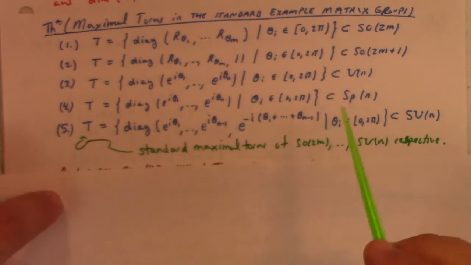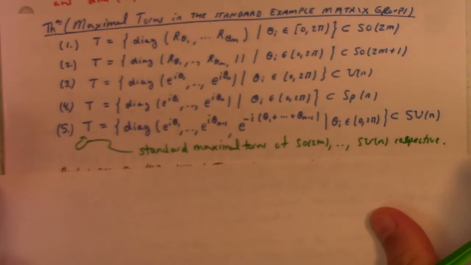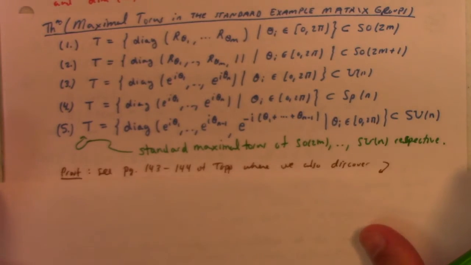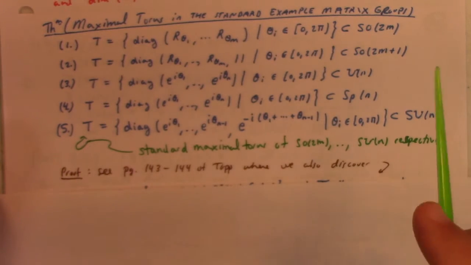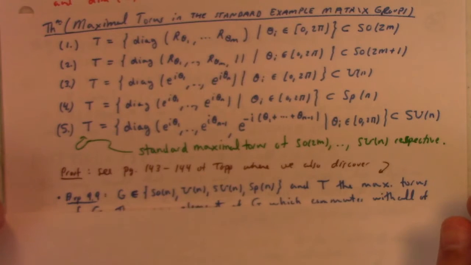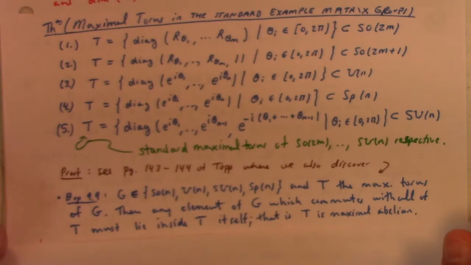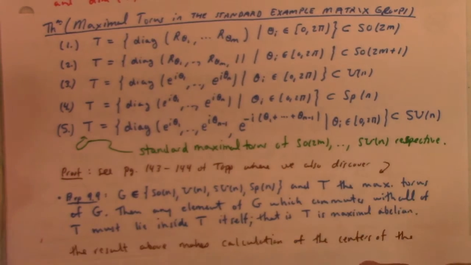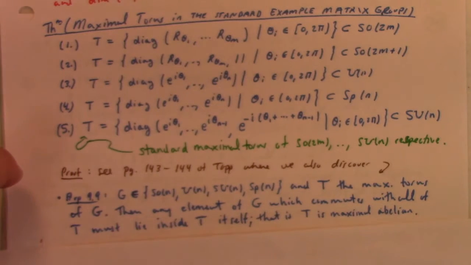So this is the standard maximal torus of these standard examples, respectively, each one. The proof is given on pages 143 to 144 of TAP, where we also discover Proposition 9.9: if G is either SO(n), U(n), SU(n), or Sp(n), the special orthogonal, the unitary, the special unitary, or